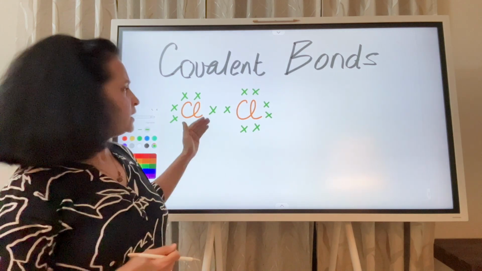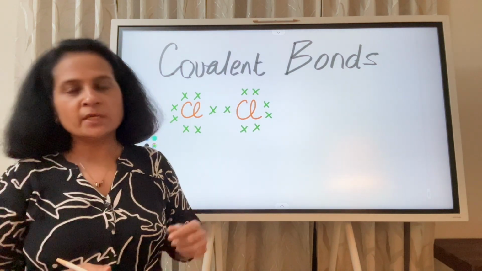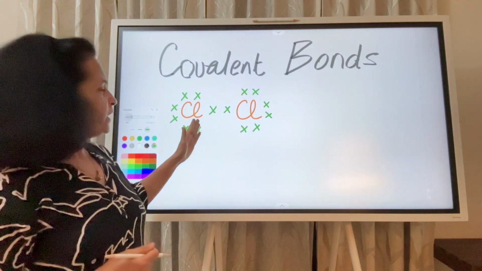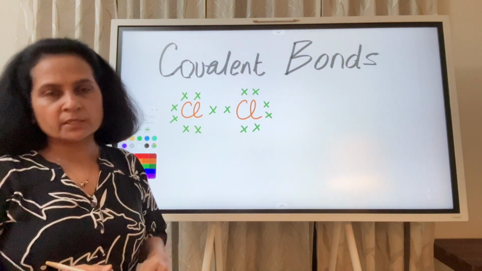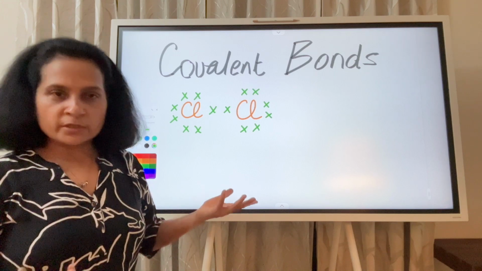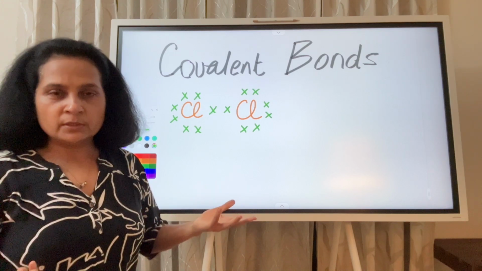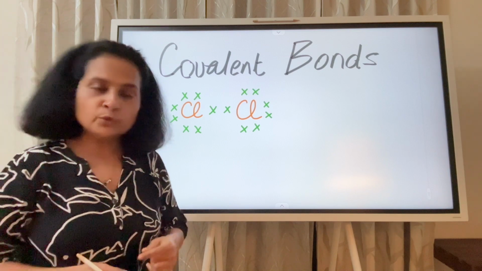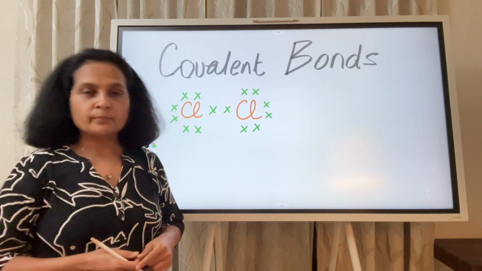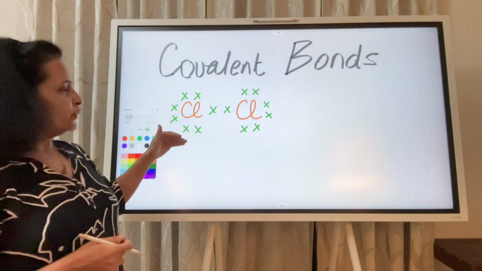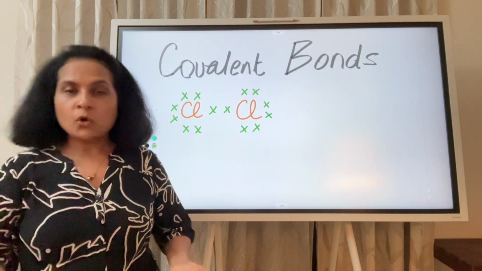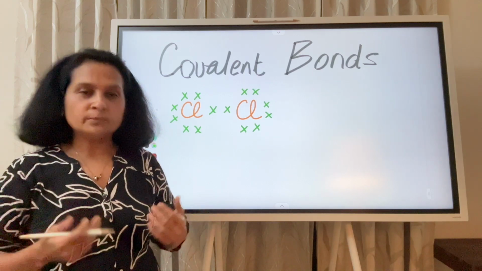Alright, so let us take an example of two chlorine atoms bonding together. Alright, so chlorine atoms have 7 valence electrons. So their octet is not complete. So for certain, they are not stable. So they would try to become stable. How do they try to become stable? Is it possible for the chlorine atoms to give away electrons or take in electrons and become stable while they